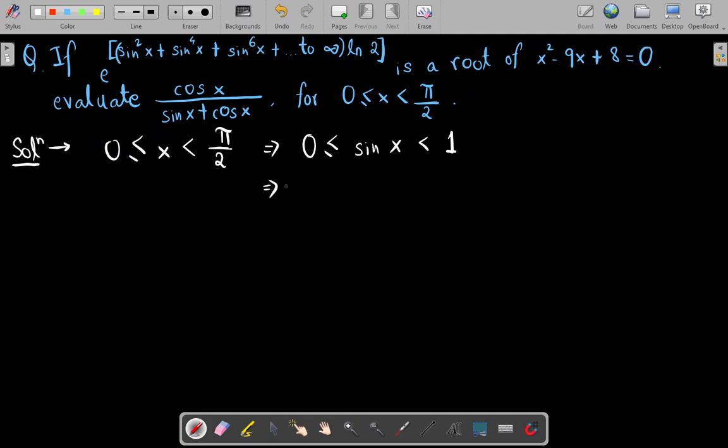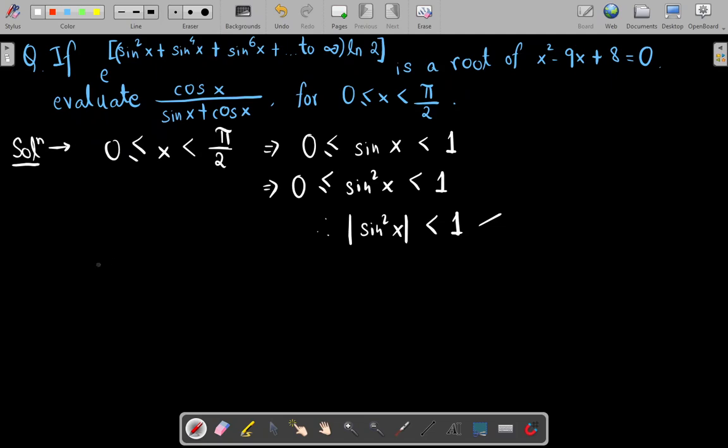Okay, so sin x lies between 0 and 1. This implies that if we square both sides, sin square x also lies between 0 and 1, where 1 is excluded. So from here we can conclude that the modulus of sin square x is less than 1. And this will be very important because in the power of e, we see that it is an infinite GP